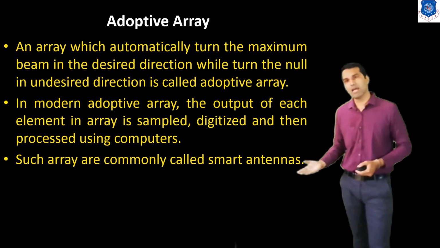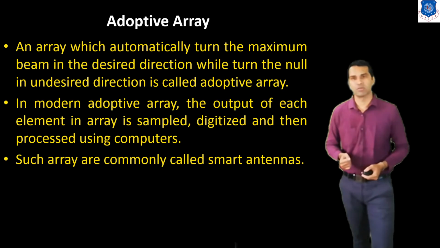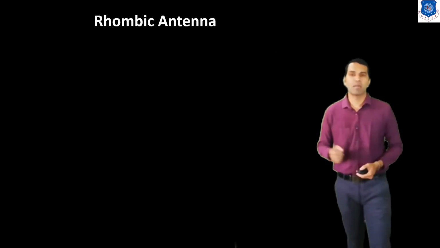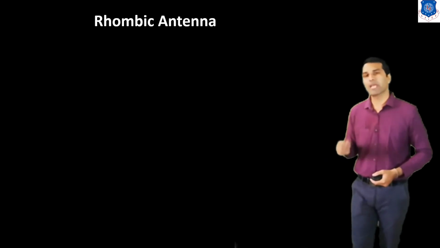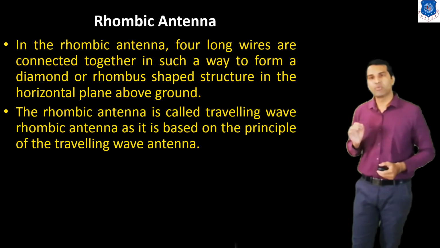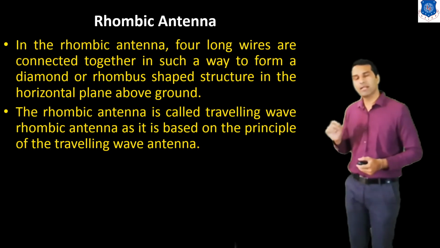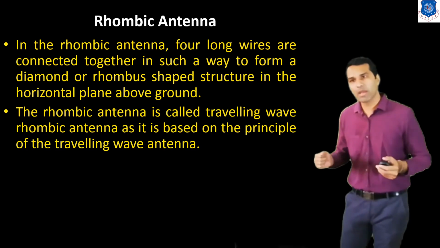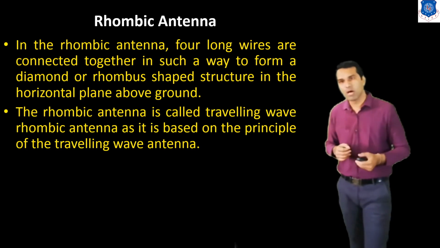So in the smart antenna, this adaptive array concept is used. Now we discuss the second type of antenna, the rhombic antenna. In the rhombic antenna, four leg wires are connected together in such a way as to form a diamond or rhombus